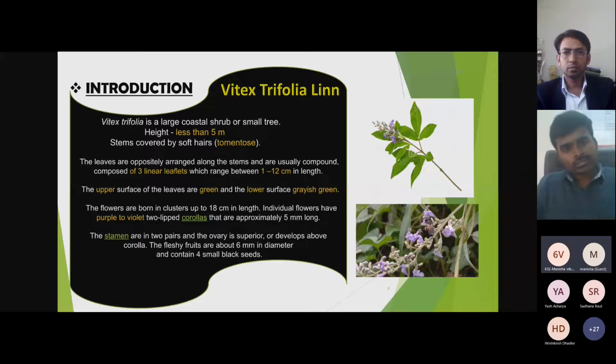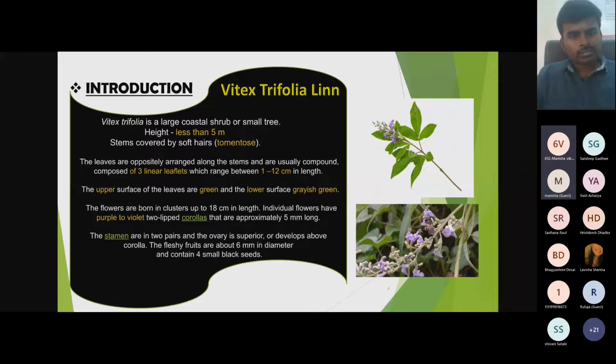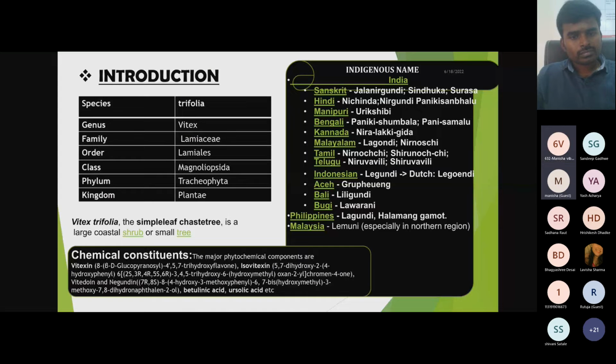This is the plant that I am using in the herbal salve, Vitex trifolia Linn. Vitex trifolia Linn is a large coastal shrub with a height of less than 5 meters, where the upper surface of the leaves is green and the lower surface is grayish green, whereas the flowers are purple to violet. This is the classification of the plant. The common name for this plant is simple leaf chaste tree, and in the local language it is called nirgundi, having various chemical constituents like